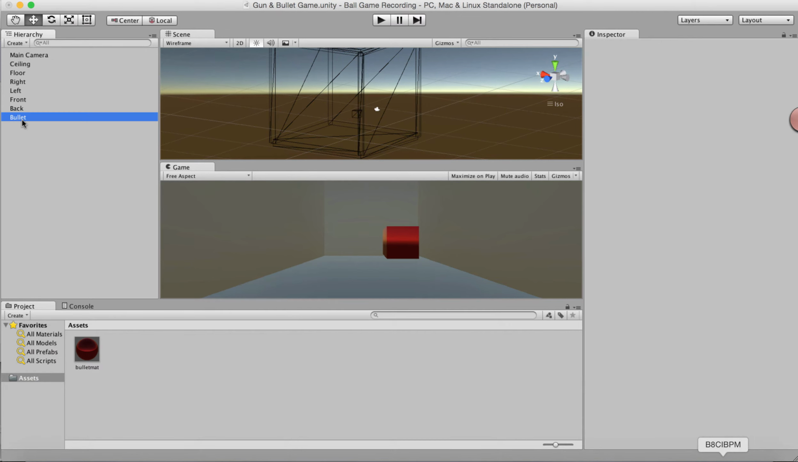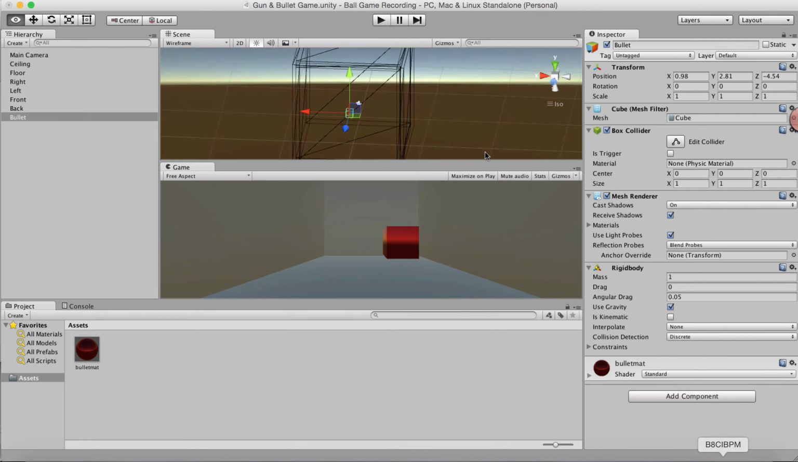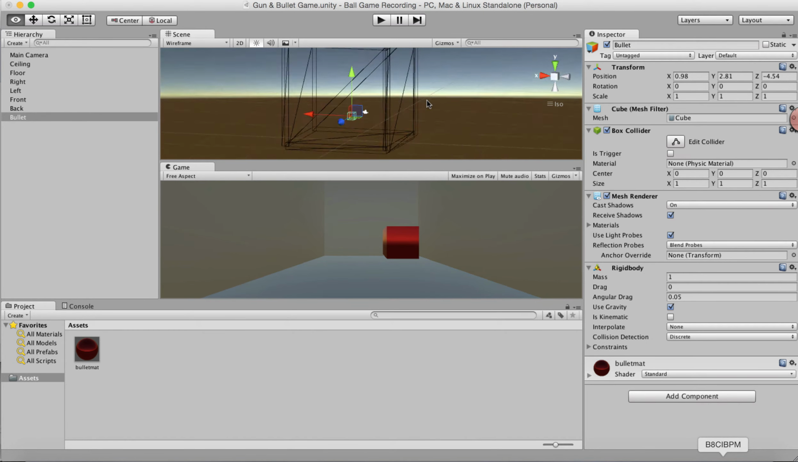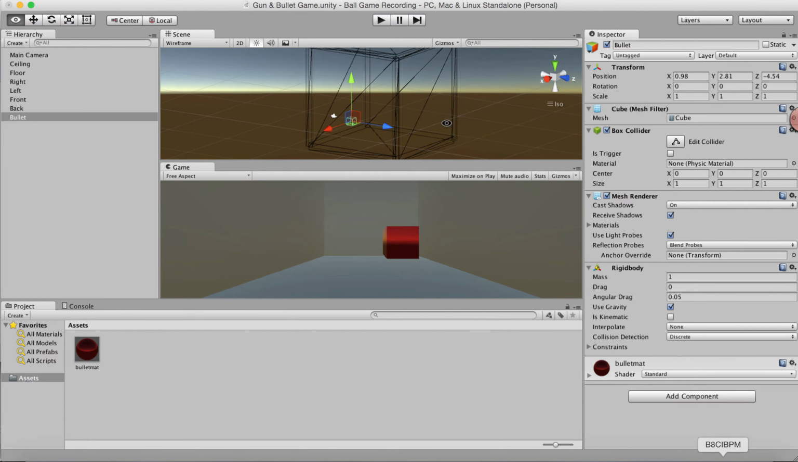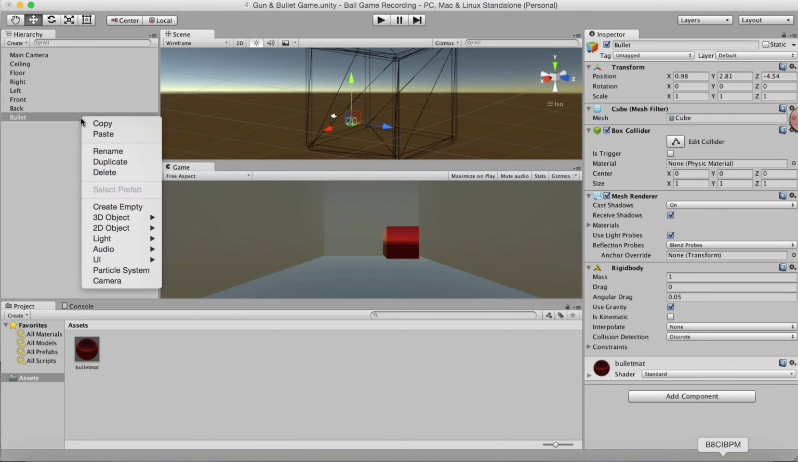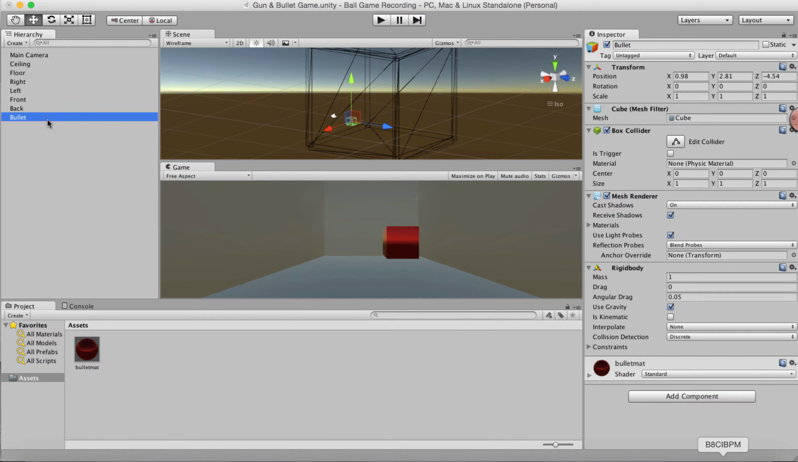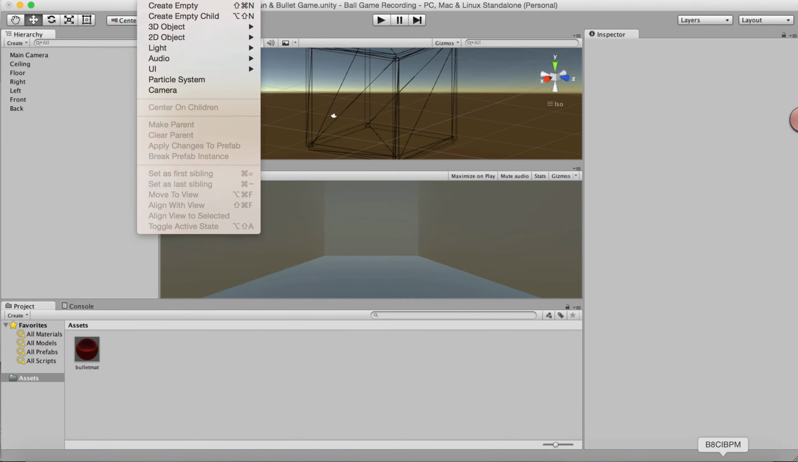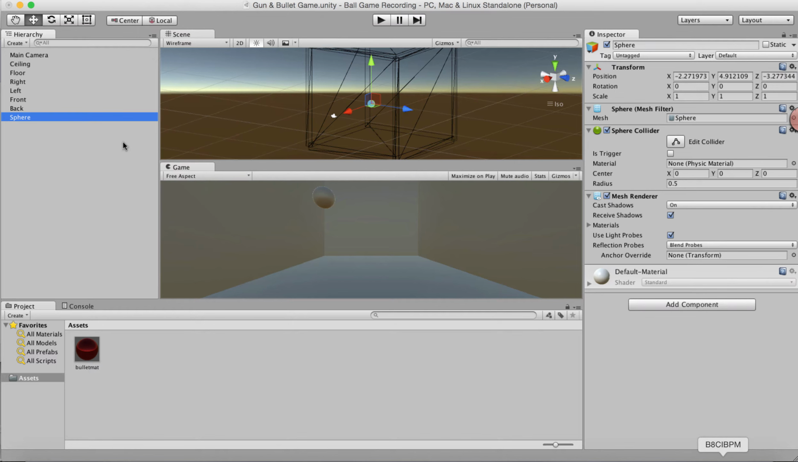So this is the bullet. Oh, did I add okay, instead of a ball, what I did was I actually added a cube. So I'm gonna just change that to a sphere, because sphere is a better bullet. So just delete this and create a game object 3D sphere and I call it